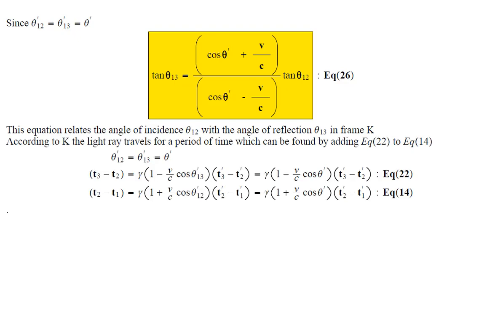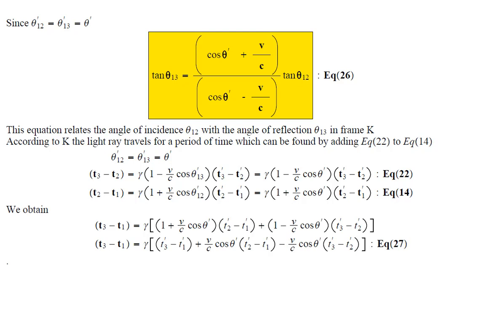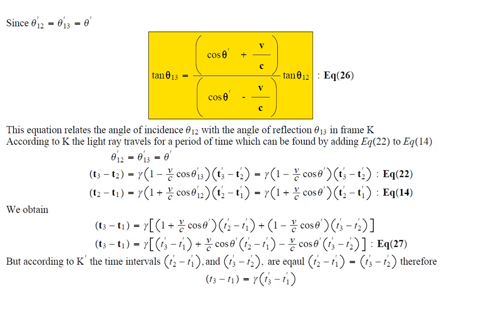According to K, the light ray travels for a period of time which can be found by adding equation 22 to equation 14. We obtain the following equation. But according to K', the time intervals t2' minus t1' and t3' minus t2' are equal. Therefore,